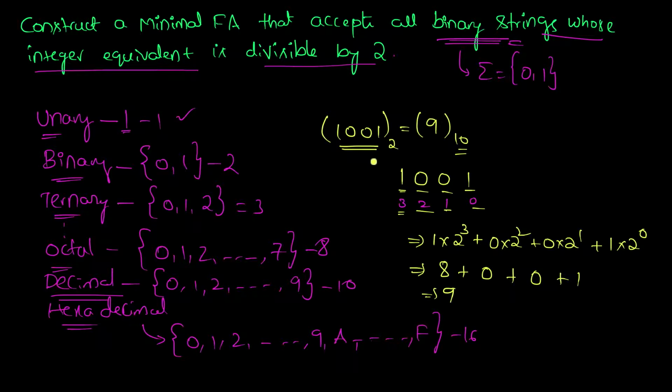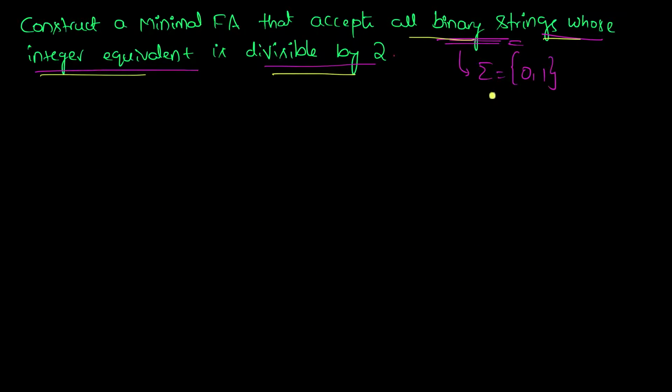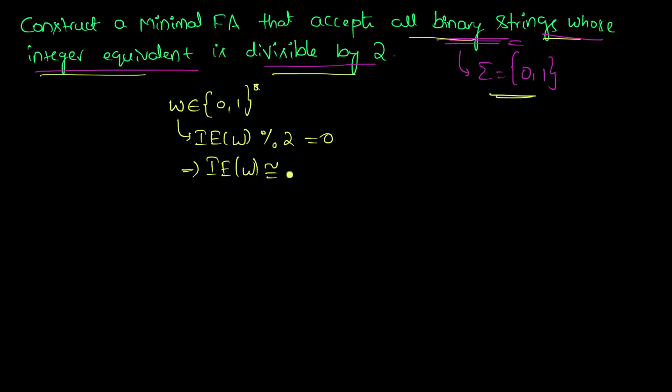This is how we convert one number system to another number system. Now let's come back to our problem. So here we were asked to construct a minimal finite automata that accepts all binary strings whose integer equivalent is divisible by 2, right? So the given input alphabet is 0 and 1, and each string should be from 0 and 1, where the integer equivalent of the string W is divisible by 2, right? So in other words, we can write it as integer equivalent of W is congruent to 0 mod 2,